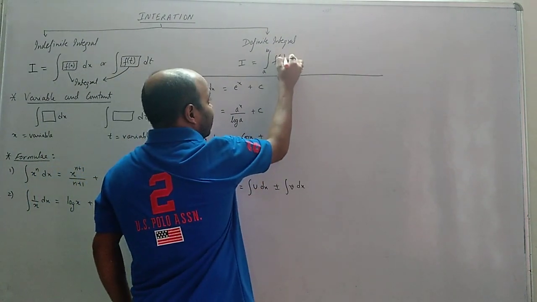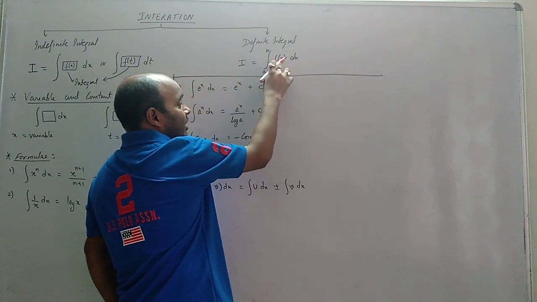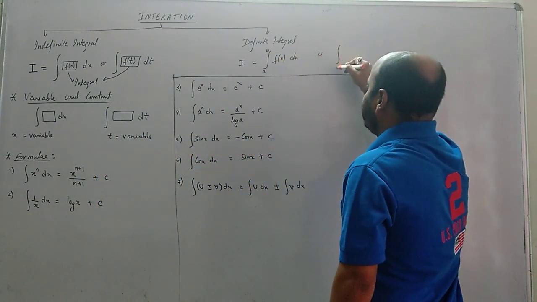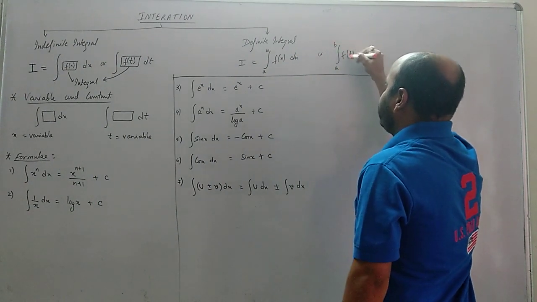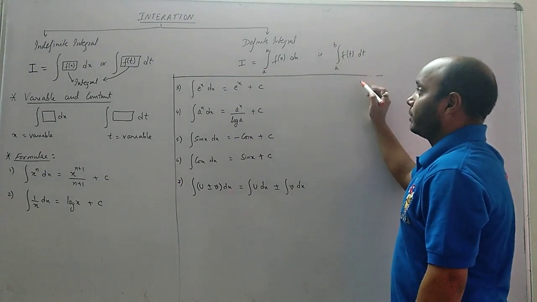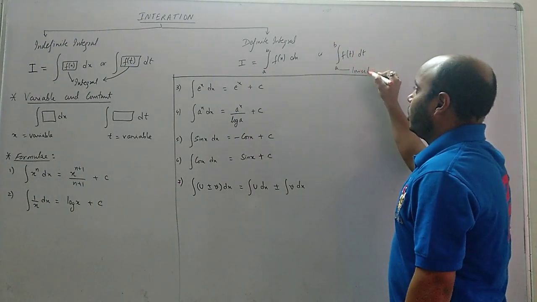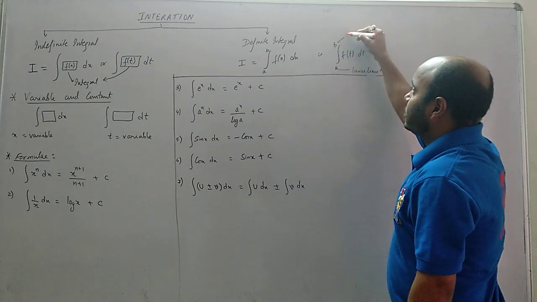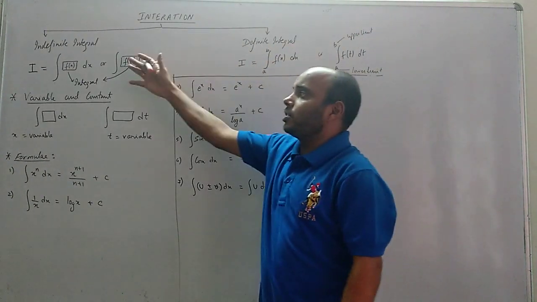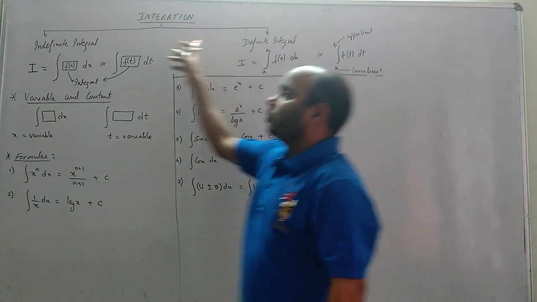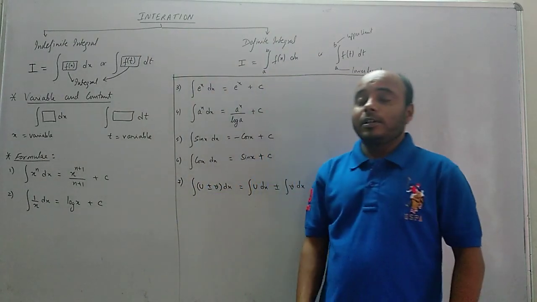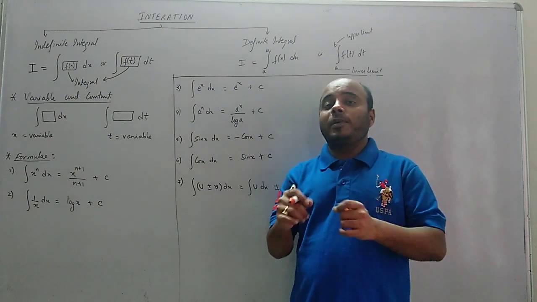Okay, something dx. If it is written dx, then this is f of x, something in terms of x. Similarly, integration from a to b, f of t dt. Between these two, whatever you have here, that you need to integrate. This is called the lower limit, and this is called the upper limit. So in your notebook, you start like this: integration, then you make two arrows like this and then you write it.